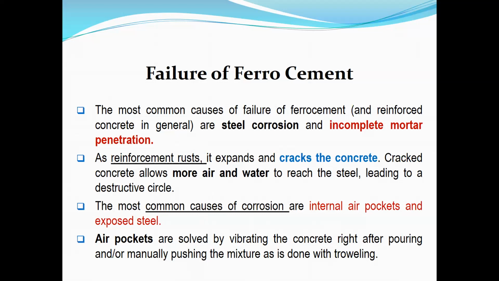So what happens when rust is formed? Rust is nothing but a formation of metal oxide over the reinforcement. So it expands, and then it exerts pressure on the cover concrete, and that's how the concrete cracks. When the concrete cracks, it allows air or water from the environment to reach the steel, and then the corrosion cycle is repeated. So it is a destructive cycle. The destructive cycle continues. The most common causes of corrosion are internal air pockets and exposed steel, as the thin